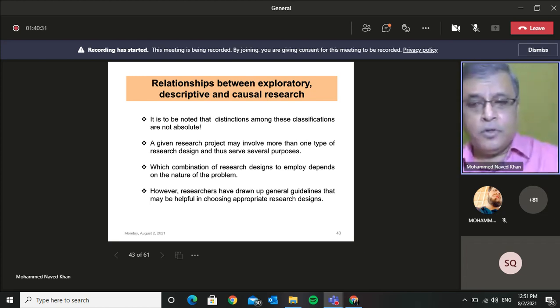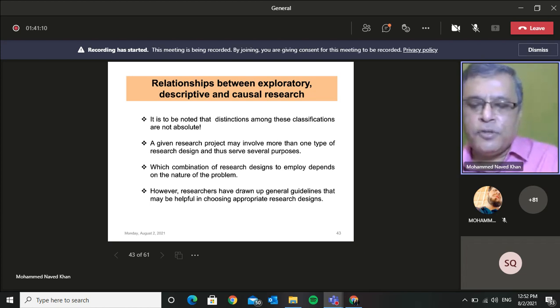And sometimes, though those hypotheses may be there with you, there may be certain aspects which require probing from your side as a researcher, so as to better understand the issue, or to improve upon the earlier concept, the earlier suggestions, or the earlier questionnaire which may already be existing. So there is every possibility that the beginning of your research may be exploratory research, and then you move on to descriptive research. So I've discussed both possibilities: the end result of research may be exploratory research, or the beginning of your research may be exploratory research.